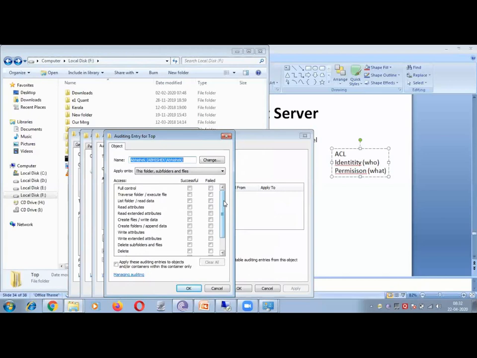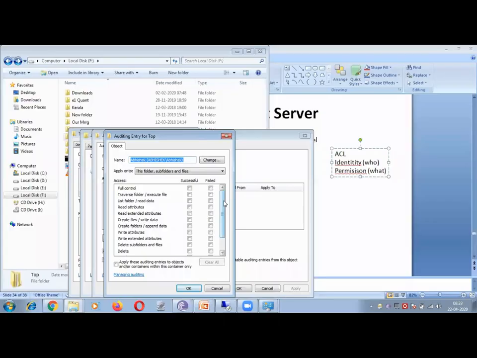Then you have to check yes. Or when Abhishek tries to read the file and the permission is denied, he is not able to read the file, you can say that when the event fails, it gets logged. So all the events related to access of the permission are recorded by Microsoft also, right? This is called DACL, dynamic ACL.